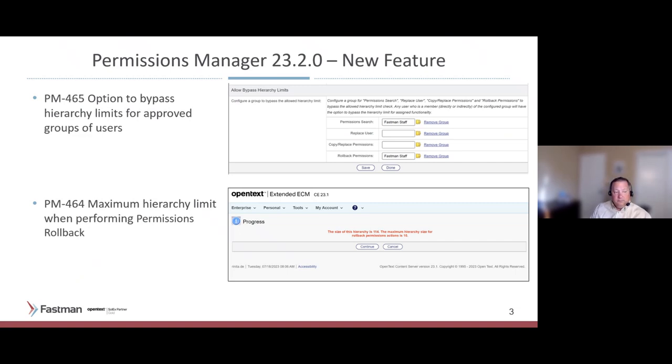Sure. I'll go with the Jira ticket number, which is on the bottom, PM464 maximum hierarchy limit. Most of our customers might have seen a hierarchy limit, which is applied when you do searches or replace users. This is to block any user from doing a very big update to the system. This limit was not there for the rollback functionality. And just to keep it up with the other product features, we have introduced that limit for rollbacks as well,